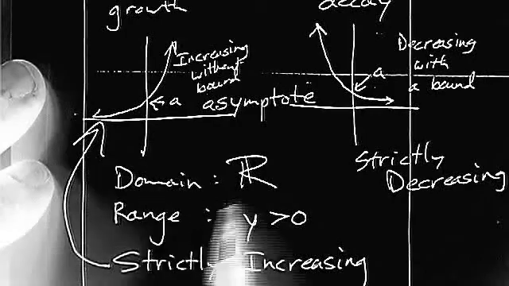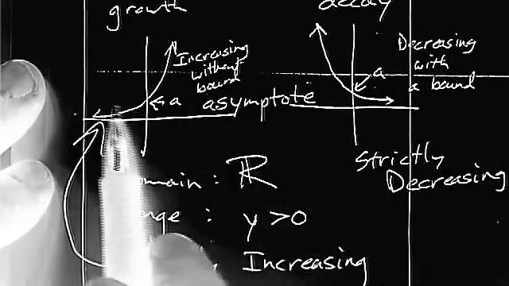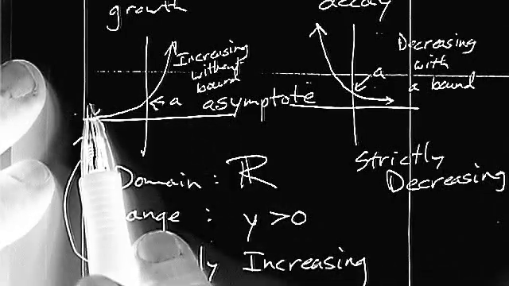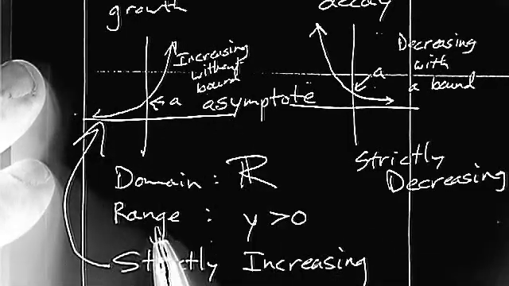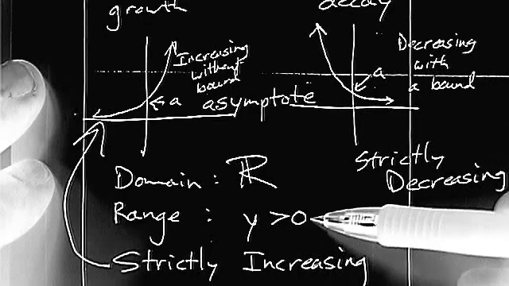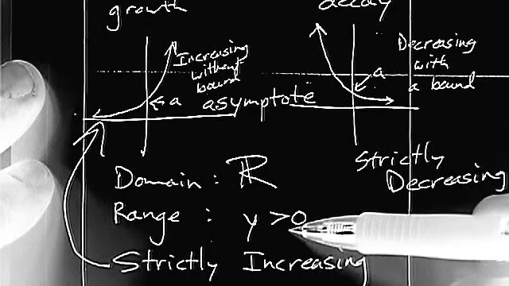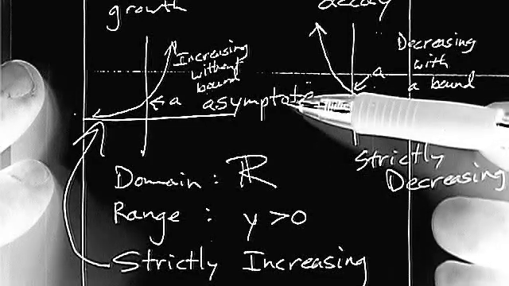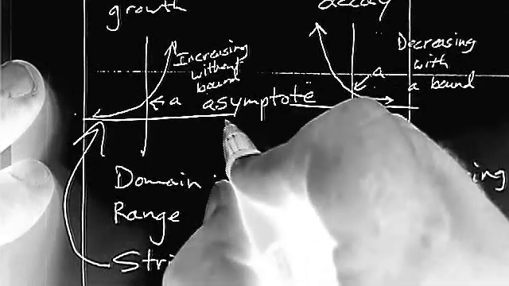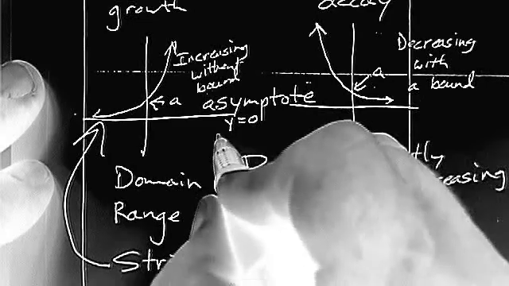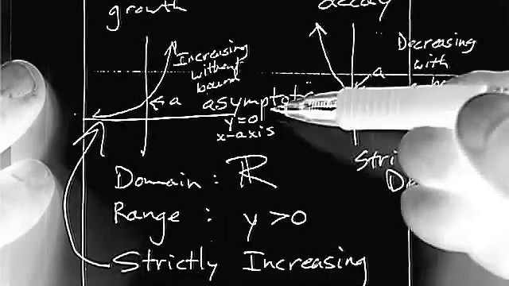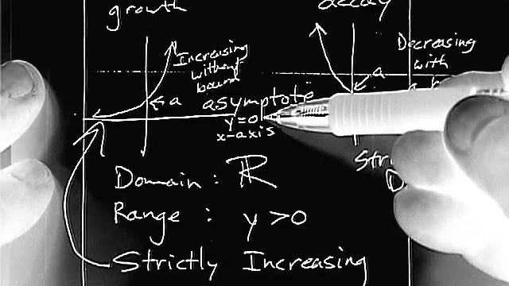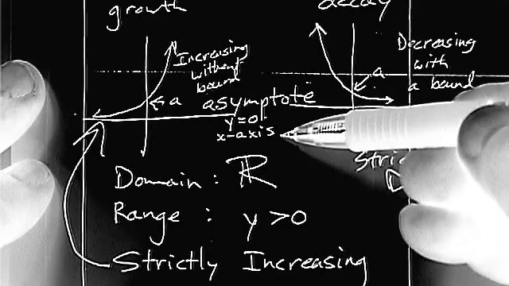It does have a domain of all real numbers because it keeps getting wider and wider in both the x direction, on the left, the negatives, and on the right, the positives. The range does go from 0 on up. Notice that it is not equal to 0. That's because of that asymptote, right? We've talked about how y equals 0 is commonly referred to as the x-axis. Y equals 0 is its official name, like on tax forms, but on the street we call it